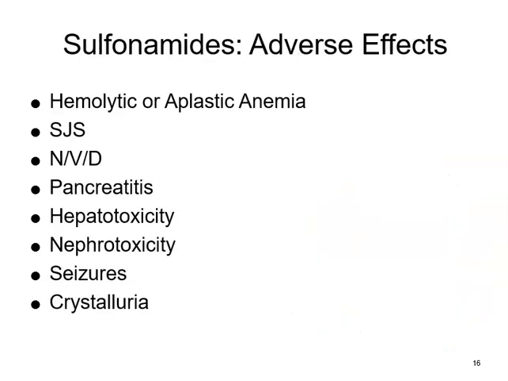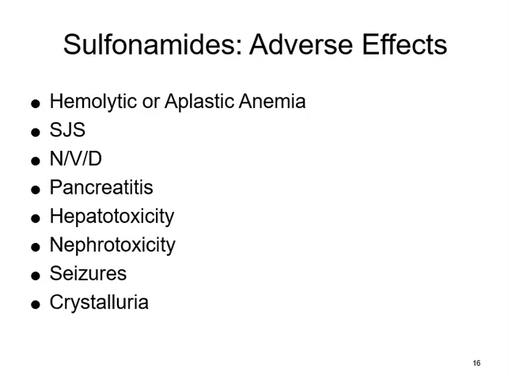Some of the adverse effects, of course, would be hemolytic or aplastic anemia, which we sort of touched on as a G6PD deficiency. So that would cause the hemolytic anemia. Stevens-Johnson syndrome, particularly with topical application of the sulfonamides. Nausea, vomiting, and diarrhea. Pancreatitis, of course. Some of the other issues that can occur would be sometimes photosensitivity,